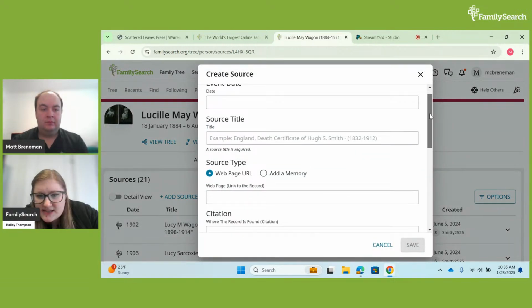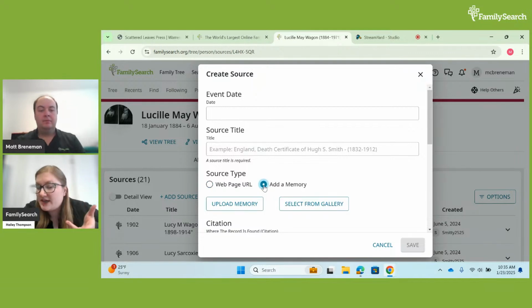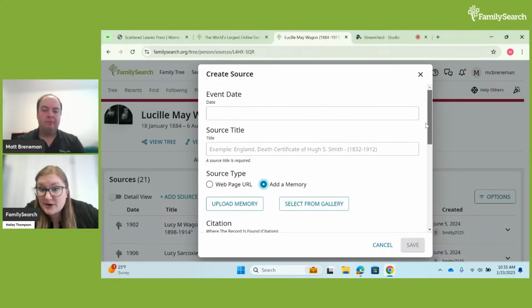So right here, if you see the little toggle there where it shows you can add a web link to something, you can also add a memory. So that would be an image of a source. So a scanned document, for example, like you said. Those same options are available creating a source in the source box. And so you should be good to create sources from anywhere, whether it's from our website or another website or connecting to a personal family document that you've scanned. And we've added a link in the chat for that one as well to learn more about the source box.